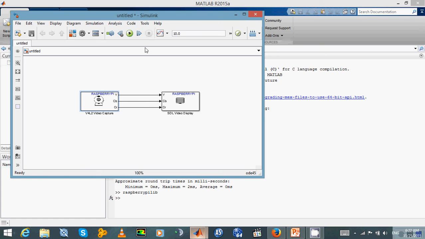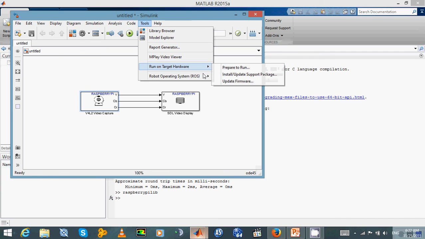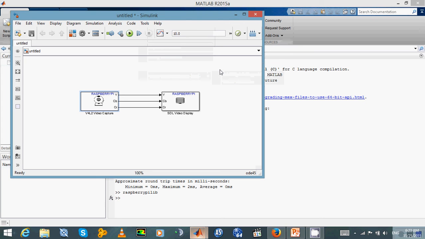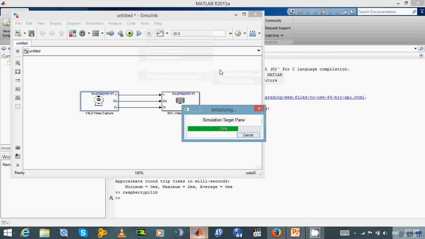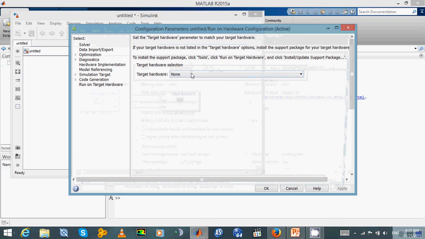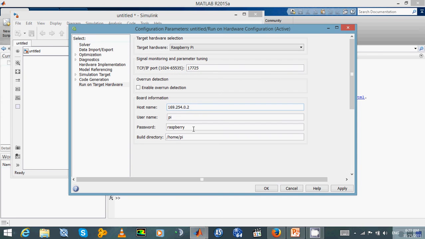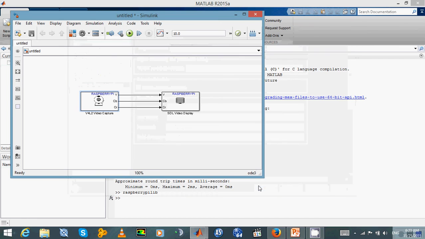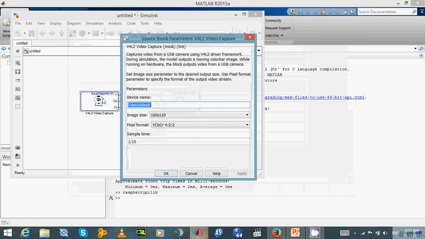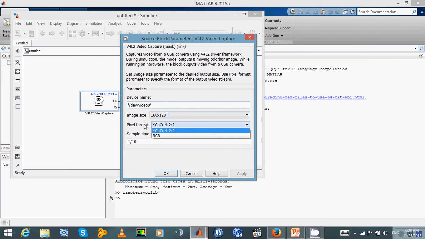And now we're gonna make sure that some options are made correctly. You go to Tools, Run on Target Hardware, then Prepare to Run. Select your Raspberry Pi and make sure that it's the correct host name. Apply, then OK. Click on the video capture. Make sure that it's the same pixel format you got, and fix the resolution, the image size. Apply,